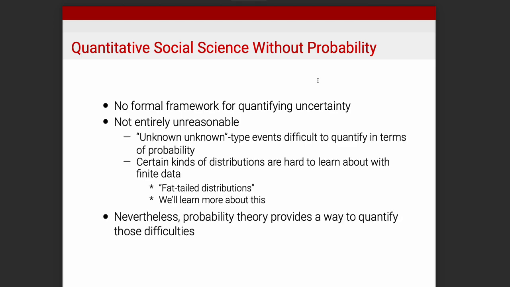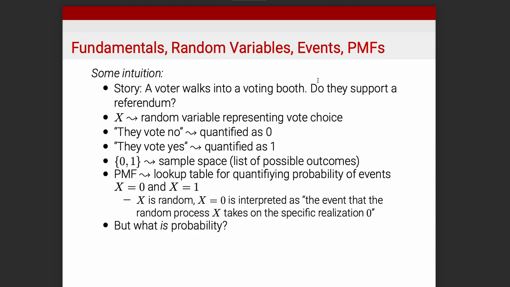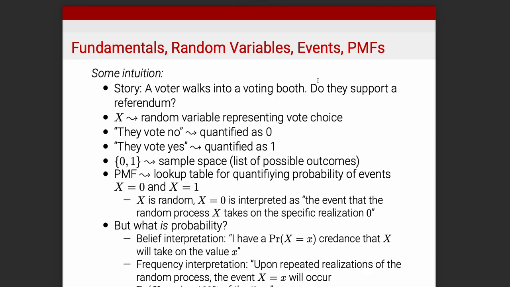And then we also talked a bit about just some fundamentals of probability theory. We talked about how there are certain elementary players, almost like in the Odyssey. You have certain characters who recur and there are relationships between them. It's the same thing here, where we have certain characters, which have certain definitions, and we have relationships between them. Things like random variables, things like PMFs, and so on and so forth.